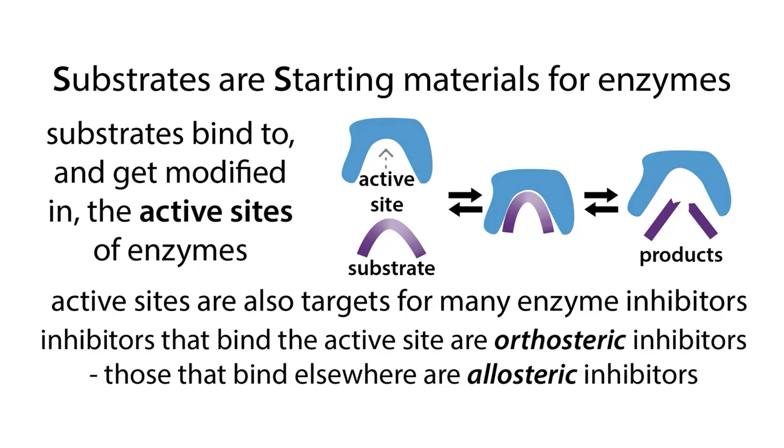Similarly, our allosteric inhibitors are going to bind elsewhere on the enzyme, so not in that active site, but somewhere else, and typically change the shape of that active site, making some sort of conformational change that is going to hinder the enzyme from doing its job. And so you are not competing for the actual site in the case of the allosteric inhibitors. You're just making it so that the enzyme can't actually use the substrate, even if it can pick up the